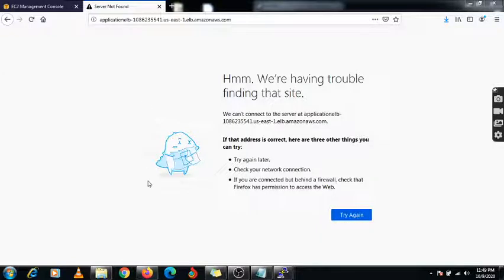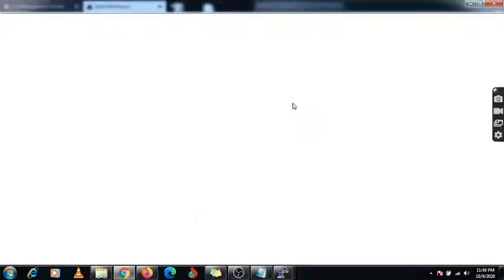It's taking time. Yeah, now it's open. Yeah, one moment. Yeah, now you can see this load balancing is working for the servers which I have added.